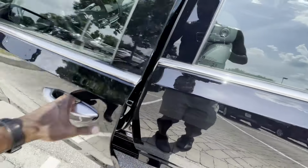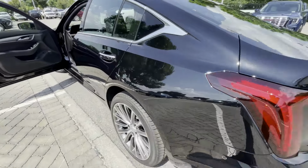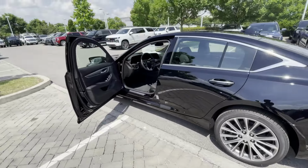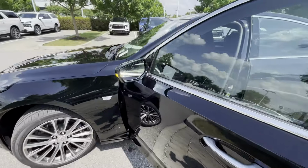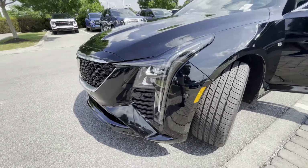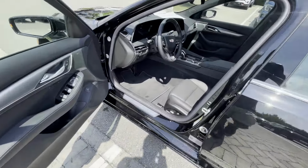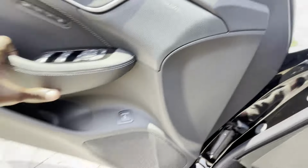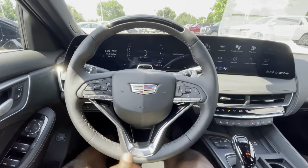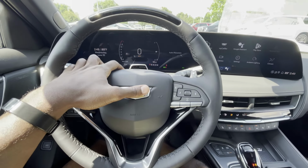And now we'll just show off the turn signals. So there's the back end. And again, full LED lights throughout, but I think the heat index is about 100 degrees right now, so let's go ahead and hop in the driver's seat. So nice leather wrap steering wheel here, the Super Cruise indicator there, and the Super Cruise sensor right